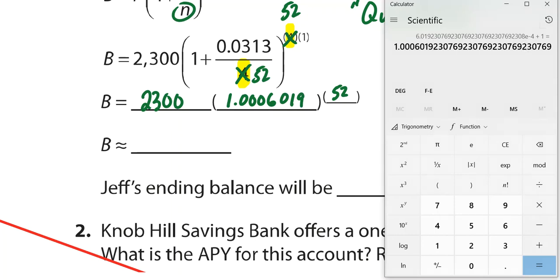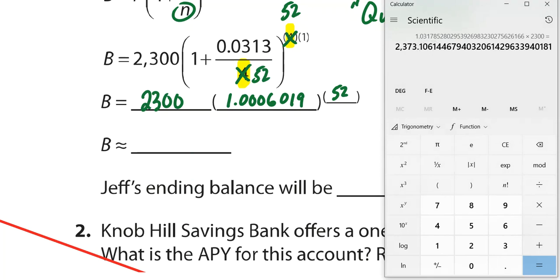But I'm leaving this alone, and now I'm going to raise this to the power of 52. And on this calculator, the exponent key is this one. So we'll raise that to a power of 52 and press enter again. Lastly, after the exponents are finished, we'll move on to multiplication and division outside of that inner grouping symbol, and this number left in our calculator should be multiplied by 2300. So we'll multiply by 2300, press enter, and it looks like